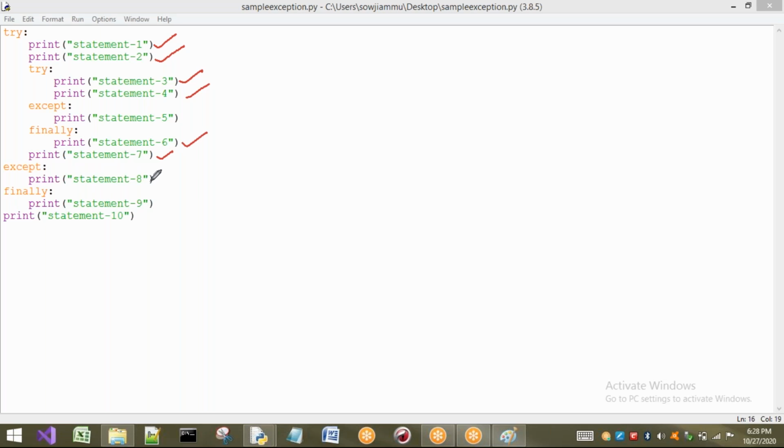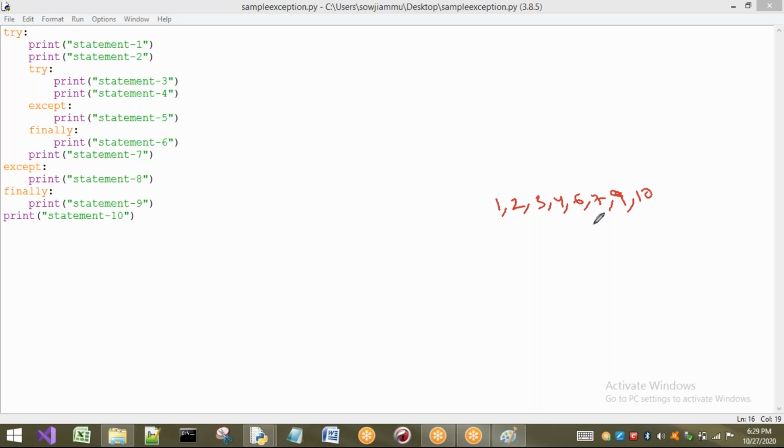After that, it will execute this statement. Will we go to any except block here? No, because there is no exception here. Next we will go to the outer finally. Next we are going for statement 10. What are the statements that are going to be executed? 1, 2, 3, 4. Next 6, 7, 9, and 10. These are the statements that are going to be printed if we do not have any type of exceptions in this program. Now observe the output. Sorry, I will just write the output here: 1, 2, 3, 4, 6, 7, 9 and 10.